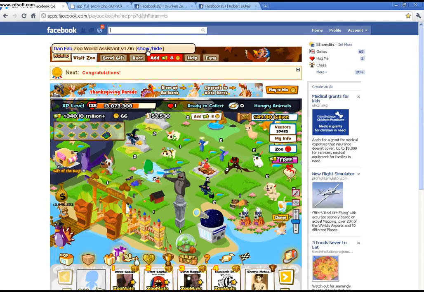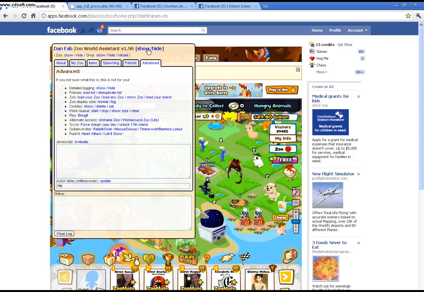programmed a new script inside of the Zoo World Assistant. So we'll go right to it. We're going to click the Show Hide button. And as I told you before, I'm always going to ask you guys to get in the habit of deleting your cookies, even though with this feature you don't have to delete cookies. After you go to your Advanced and delete cookies,